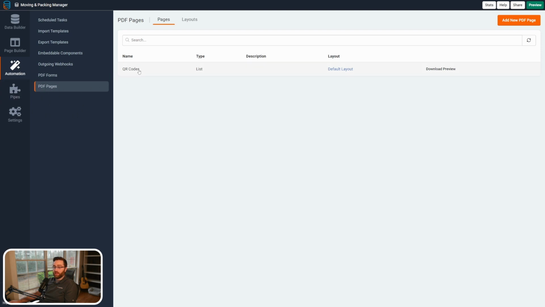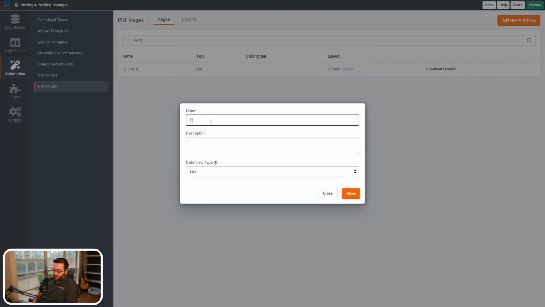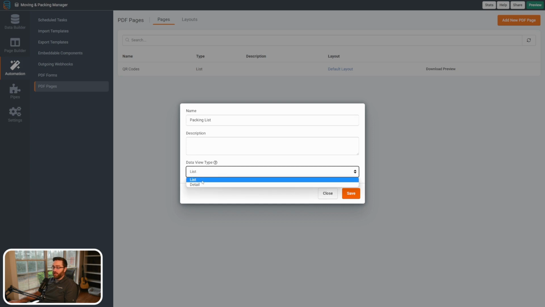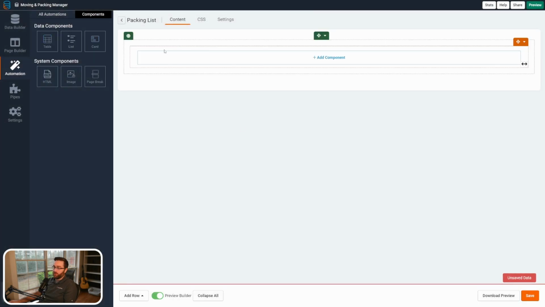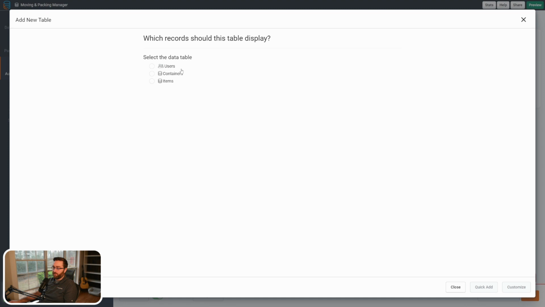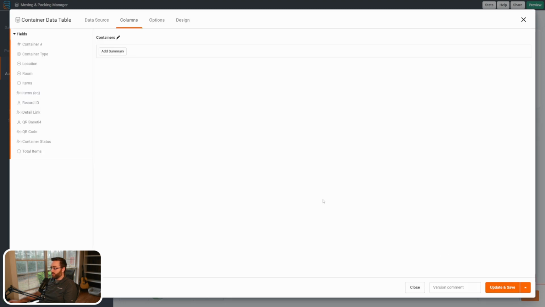All right, so for printing this as a PDF, we're going to do almost the exact same thing that we did for the QR codes here, where we're going to go to Automation, PDF Pages, add a new PDF page, and this we'll call Packing List. And again, this is going to be a list type PDF because we want to show all of our containers. We're going to choose a table component of containers, container number, what room it came from or it's going to,